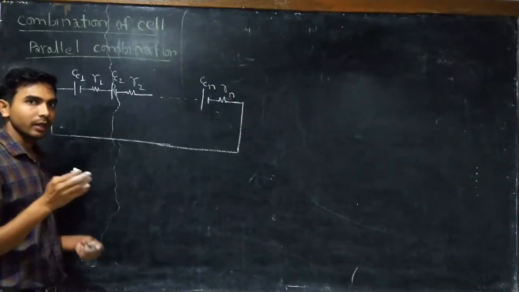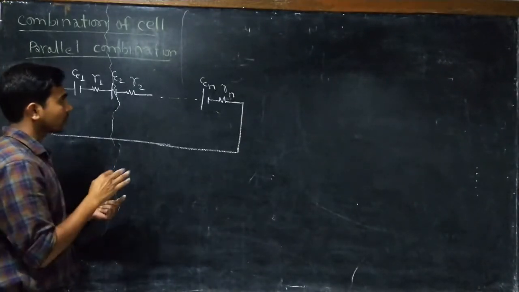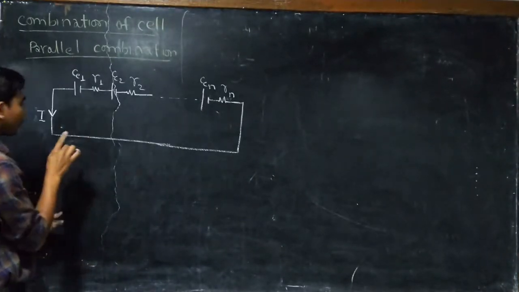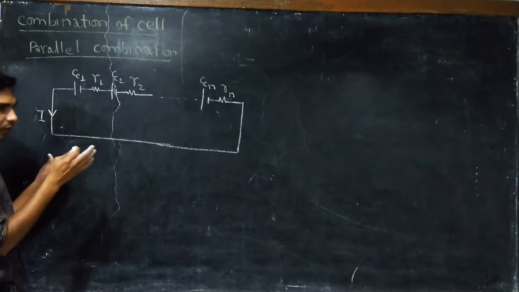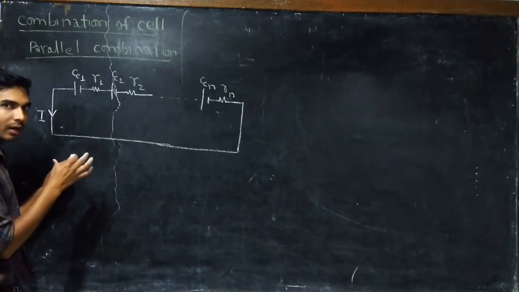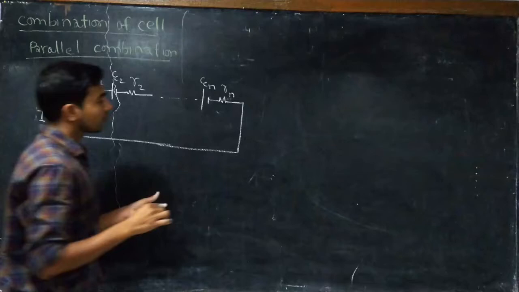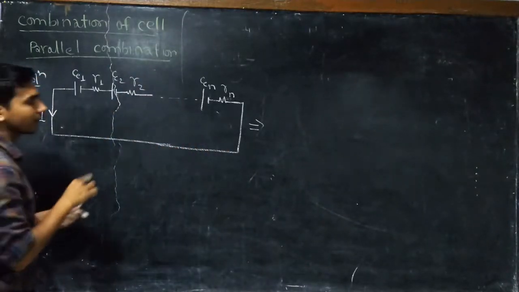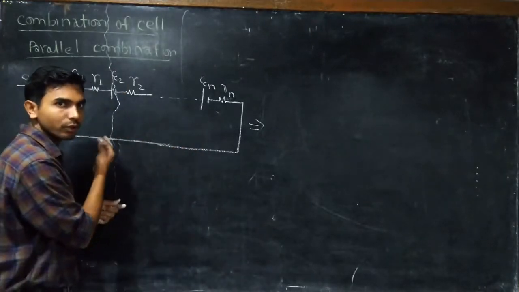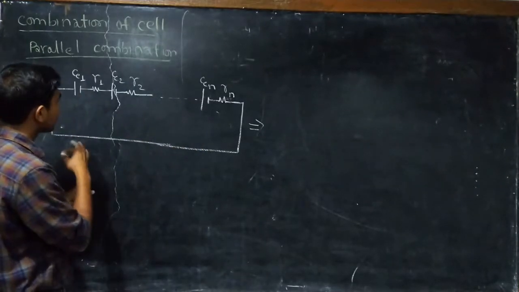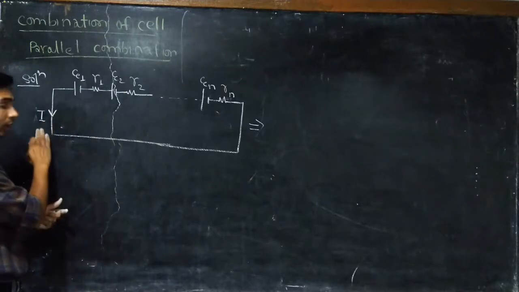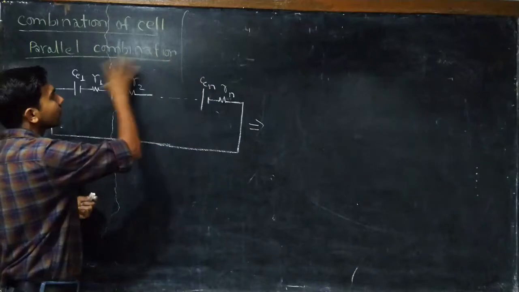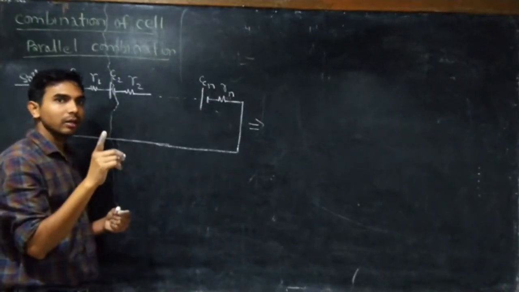I will write the question later, but right now I'm going to solve it. So first I have to find I, and second we have to find the potential difference across the ith cell. Now for the solution part, you have to draw this figure again, in the question as well as in the solution part. So now I'm going to draw it in the solution part, right? In the solution part, we can replace this combination by a single cell.